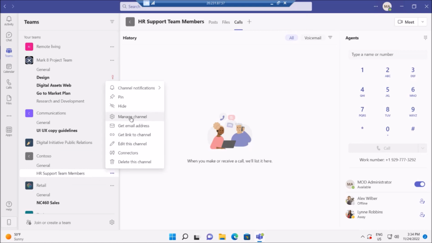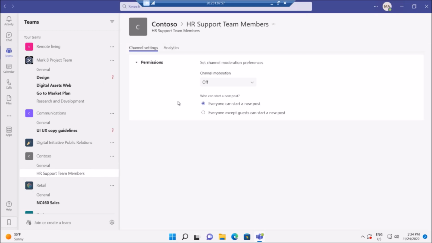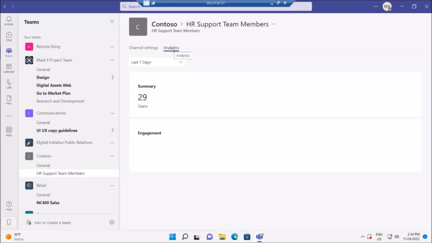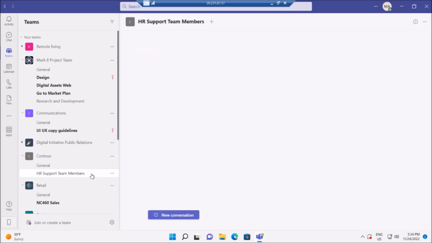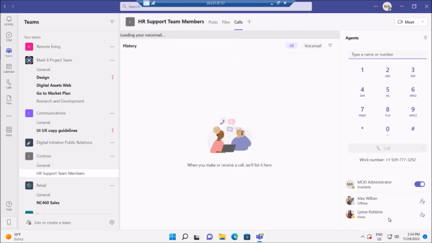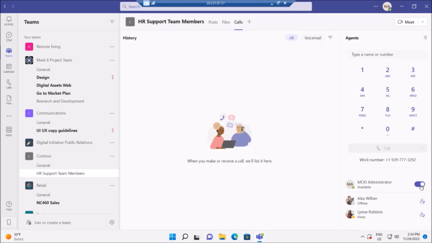Let's look at the channel details. If I go to manage channels, I have all my analytics: how many users are there, how many users are enabled with the telephony system. And then when you come here, you get this additional option of calls. So here are your options of opt-in, opt-out. This is where your agents can opt in, opt out. And when your agents make an outbound call,